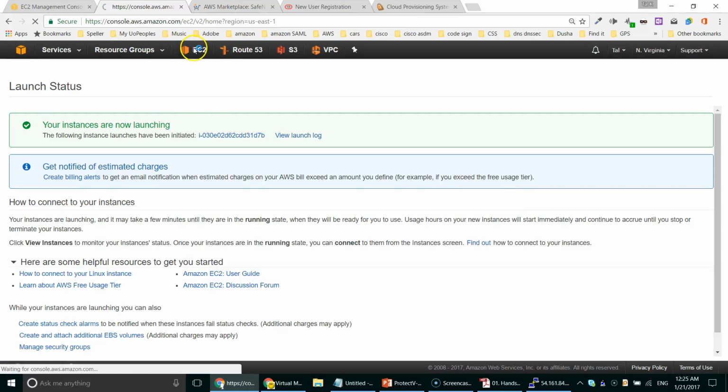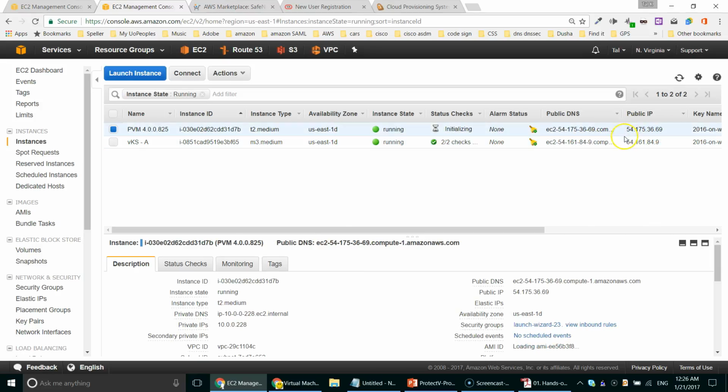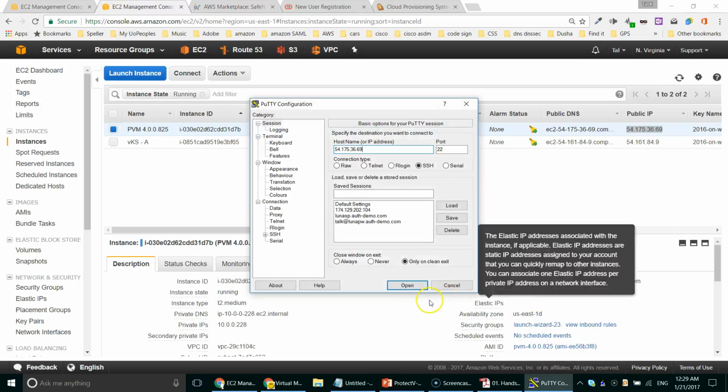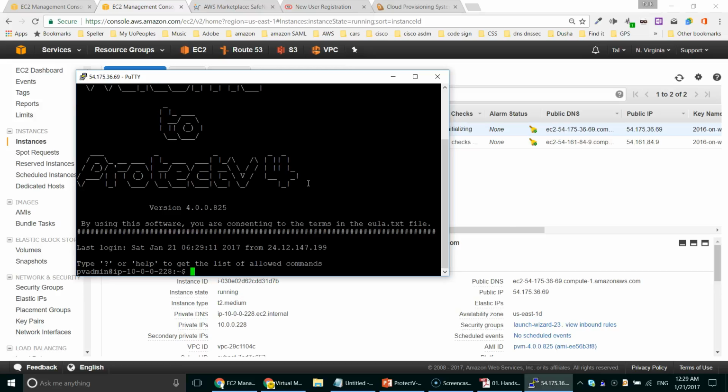Coming back to my instance, I can see that now I have my ProtectV Manager also starting as a machine. We can try and log on to ProtectV Manager. This time I will use, again, a predefined username, pvadmin, and authentication happens through a private-public key. So once I log on to ProtectV Manager,